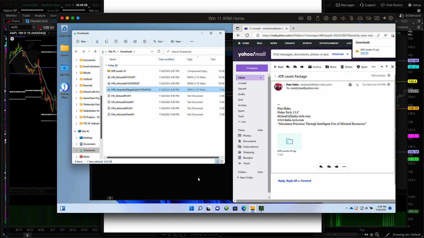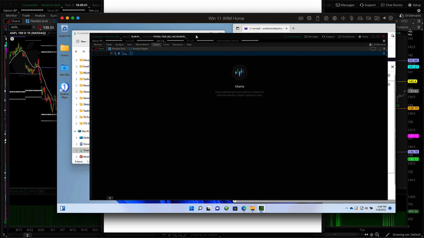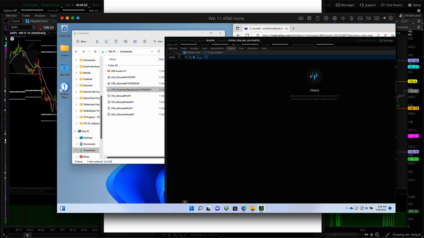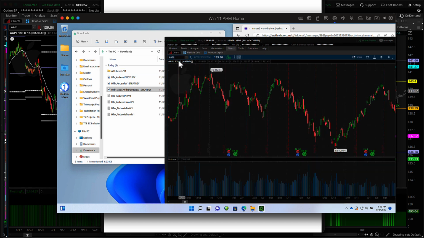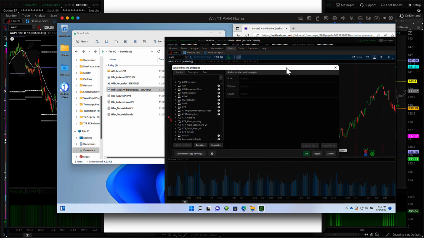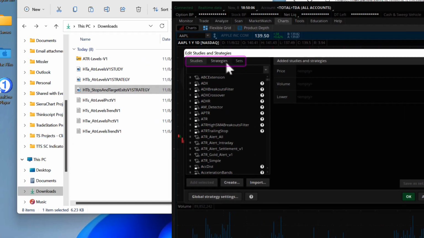I've got Thinkorswim open in the background, and so what I'll do is I'll just move that off to the side a little bit so that you can see the downloads folder in addition to what's happening on Thinkorswim. I'll just go ahead and load Apple on the chart so that we have access to the Edit Studies window. I'm going to open the Edit Studies window, and you can notice that there's three tabs up here: Studies, Strategies, and Sets. So the first file is a study, so we're going to leave it on Studies,